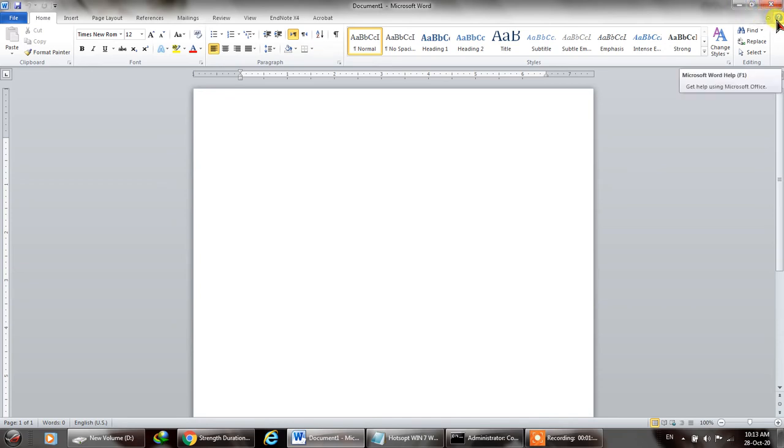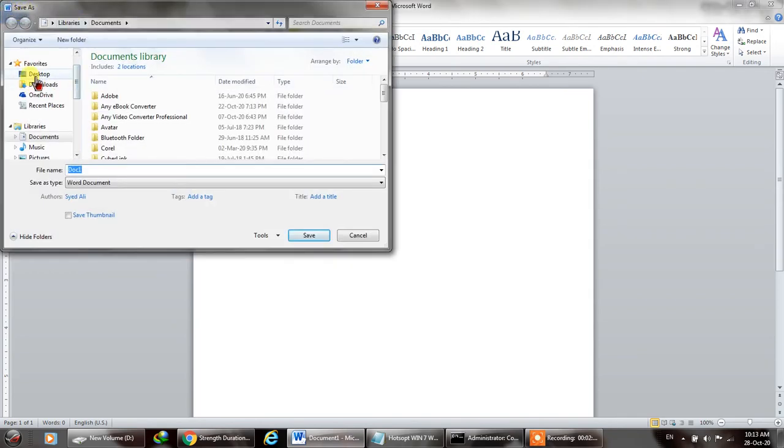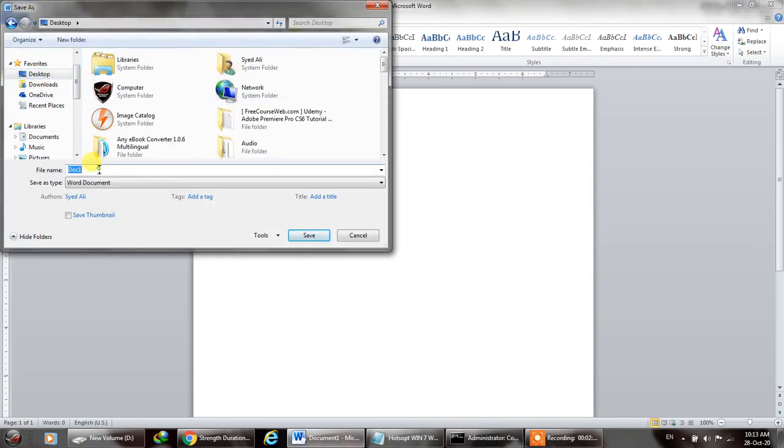Now over here, this is the help feature. If you click on help, it will take you to the default help. Then these are a few things. For example, this is for save. If I want to save this document, I just need to click this, and then it will ask me to name the document. For example, I am naming it practice session for MS Word